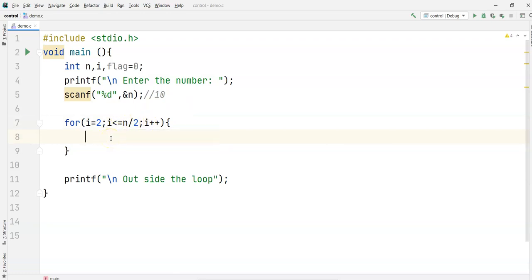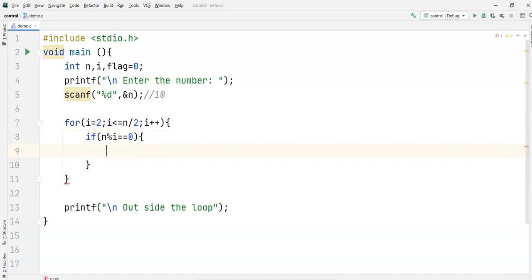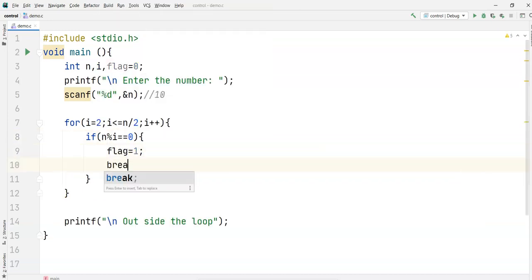Now, first thing: if n modulus i equals 0, then I'll simply say flag is 1, and use the break. So very simple.